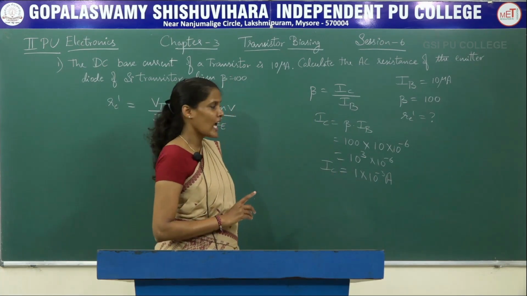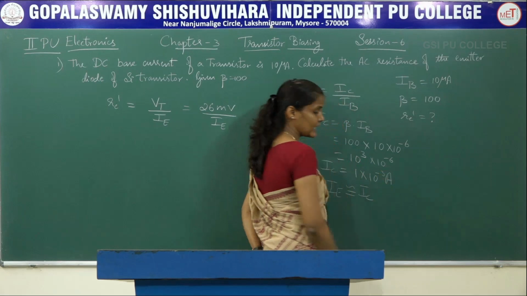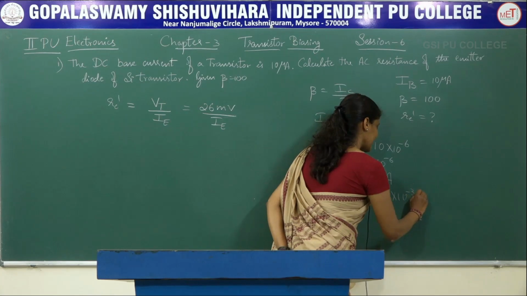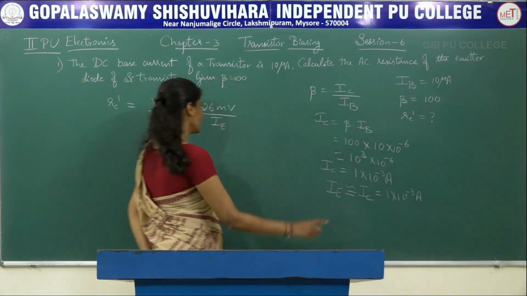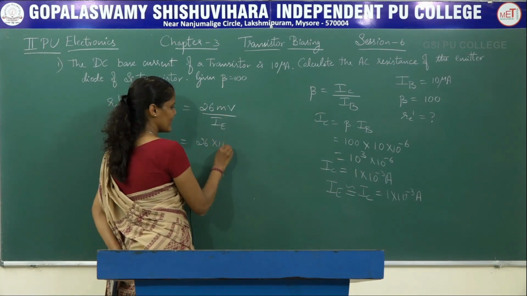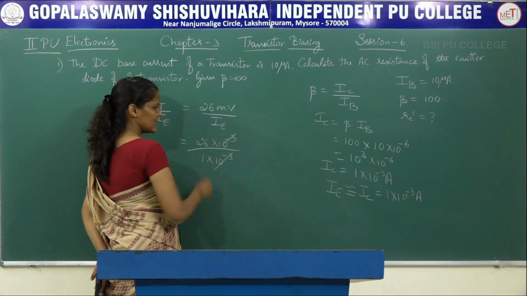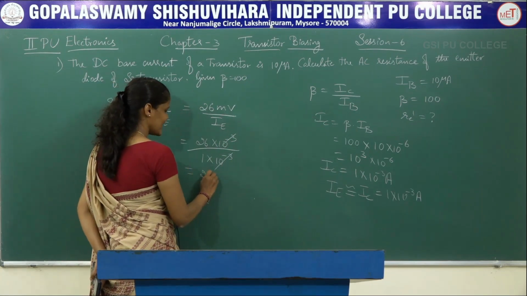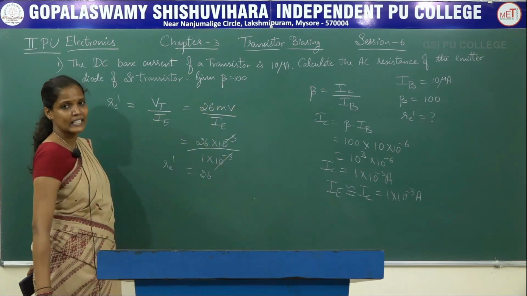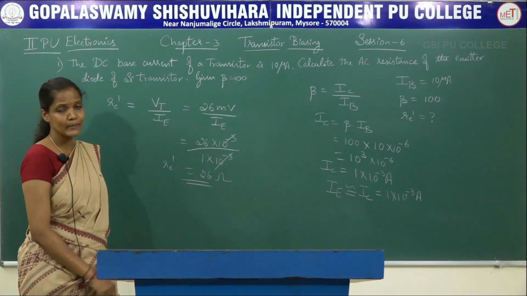But in a transistor, IE and IC value are approximately same. Haudalva? IC and IE value are approximately same. So IE value is also equal to 10 to the power of minus 3 amps, that is 1 milliamp. That value I am going to substitute here. So 26 milli anta helidre 10 power minus 3. IE value is equal to 1 milli, 1 into 10 power minus 3. This gets cancelled. So I will be left with 26. RE dash value is equal to 26. Resistance agiradrinda the unit is ohms, so RE value is equal to 26 ohms in this particular problem.